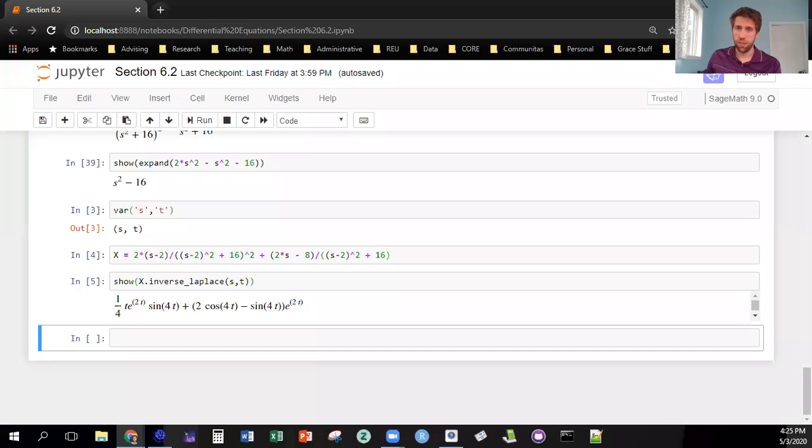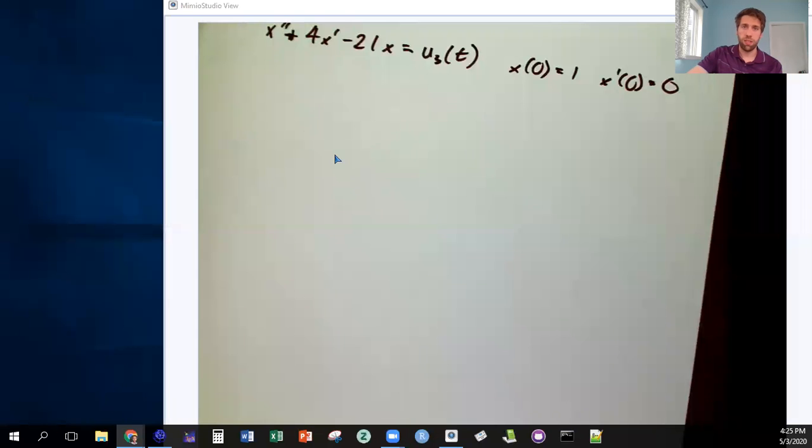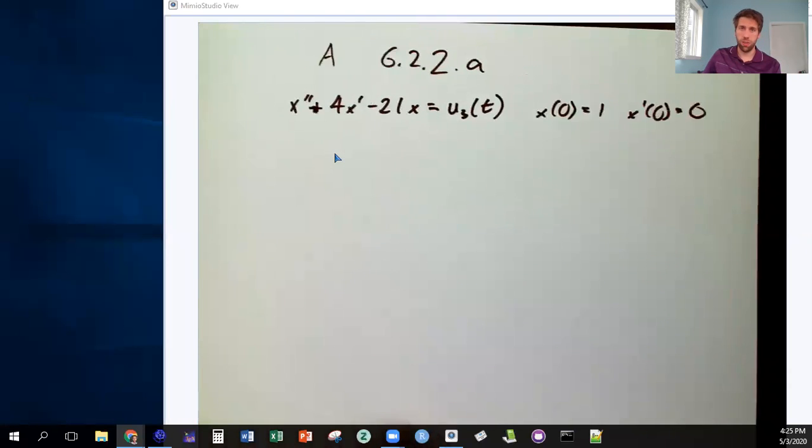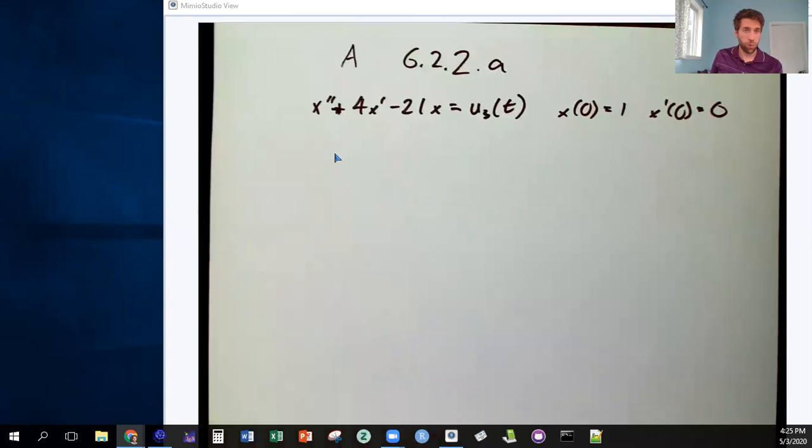All right, this is activity. Oh, you can't see. This is activity 622A, and here's where we finally get to a scenario where using the Laplace transform makes sense. So in this case, it's when you have